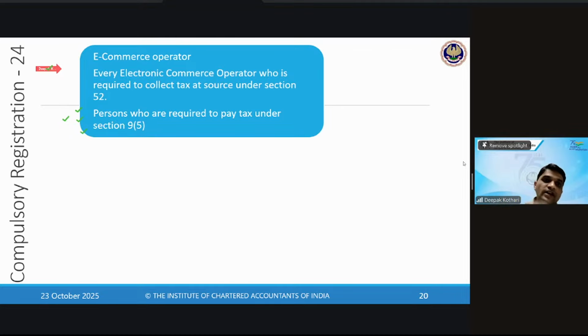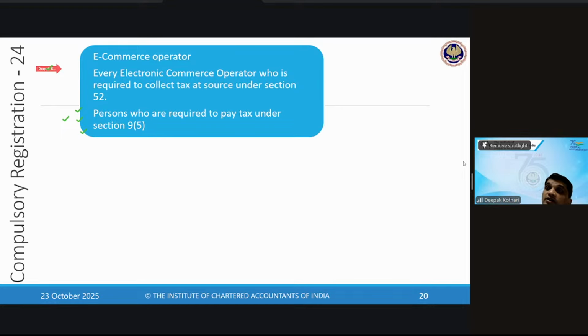Amazon and Flipkart, they are under this first category. That is other normal category. So if you're supplying goods, say you have a lot of steel products and you're selling the steel items through Flipkart, Flipkart will not pay taxes on that. You as a supplier have to pay taxes.